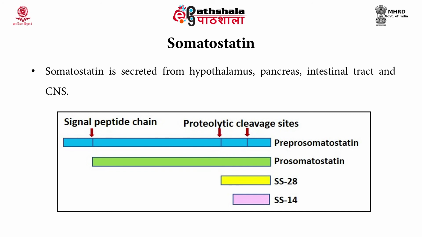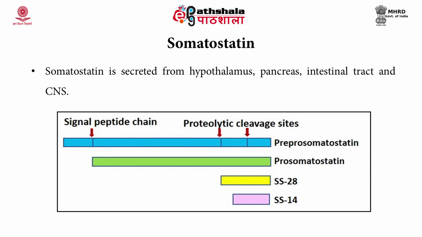It is synthesized by proteolytic cleavage of the pre-prosomatostatin hormone. This pre-prosomatostatin contains two proteolytic cleavage sites as well as one signal peptide chain. After cleaving, it forms SS14 and SS28. SS14 is secreted from the pancreas and has two cysteine residues which form an internal disulfide bond, whereas SS28 is secreted